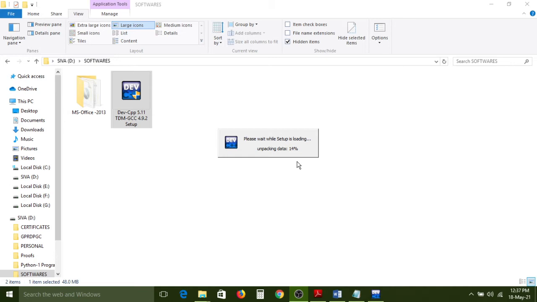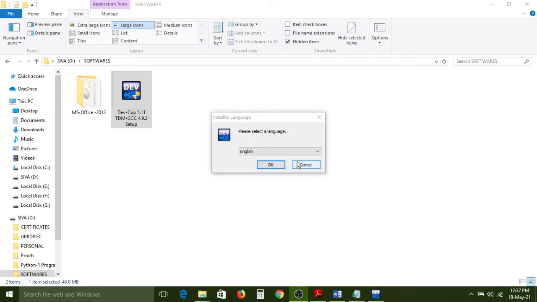By default it has selected No, but you don't click on the No button. If you click on the No button, the software will not install in your system or laptop. So that's why here I want to install this software in my laptop, so I am choosing the Yes option. So it is extracting first. The setup is loading in my laptop. Unpacking means extracting the files.